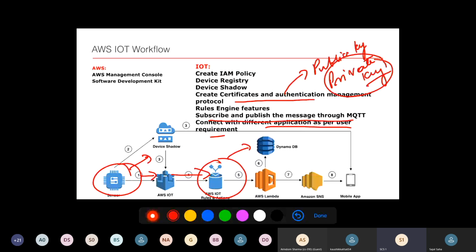So all those step-by-step procedures I will show you in the next class. Again, I will discuss those things and all the components also elaborately. This is all about the briefing of